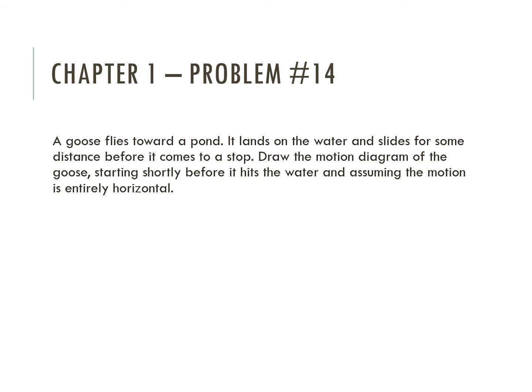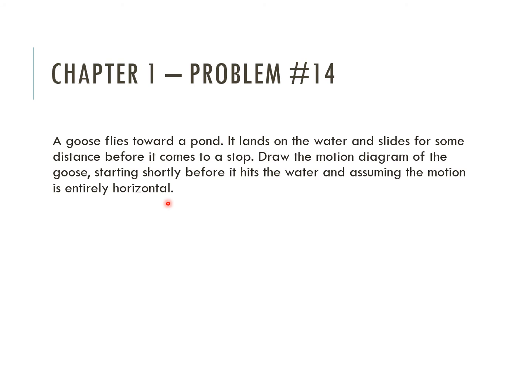All right, so this one, I'm not going to have you pause it. I'm just going to go through it to talk about motion diagrams and what I'm expecting originally. There is another example after this that I will expect you to pause and go through. So we have a goose. It is flying towards a pond. It's going to land on the water and slide for some distance before it comes to a stop. We're drawing the motion diagram of the goose starting shortly before it hits the water and assuming the motion is